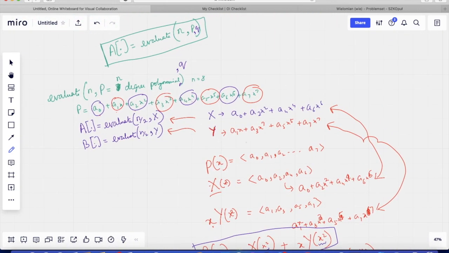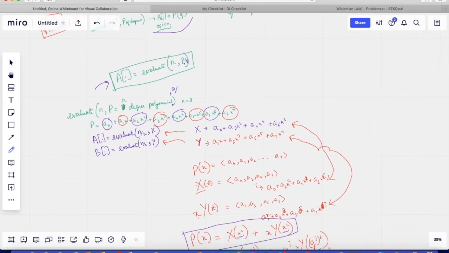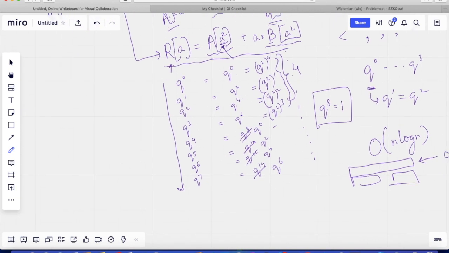Finally, our result is this here. The key point here was that q to the power n is equal to 1 mod m, and the second key point was that n is always a perfect power of 2, because if it were not, then such a divide and conquer would not have worked. Now let's just quickly look into the code portion.